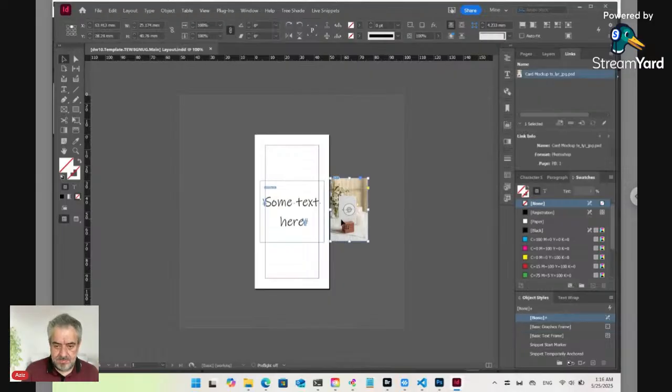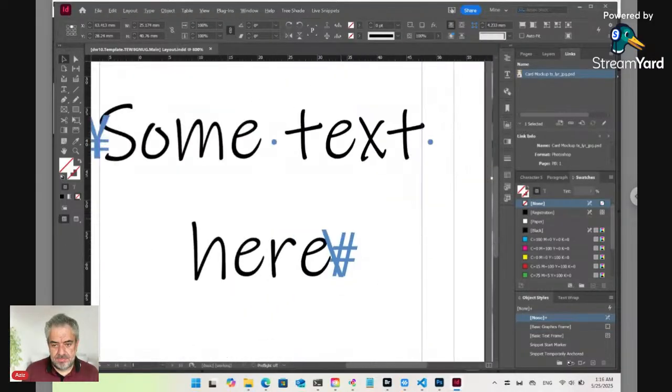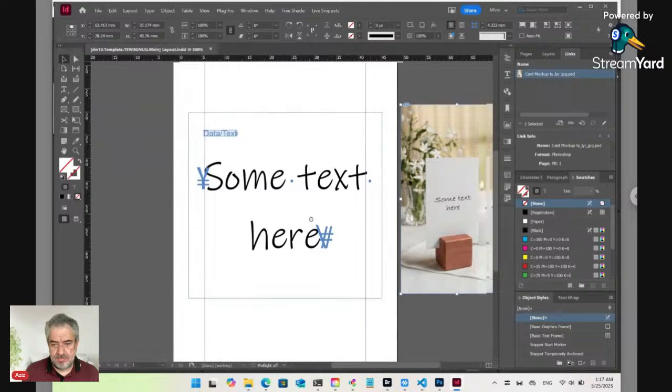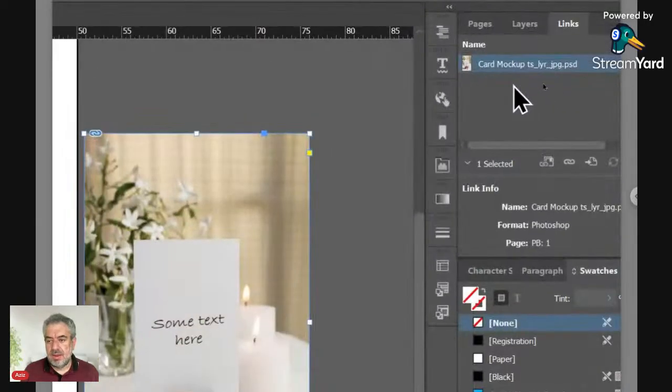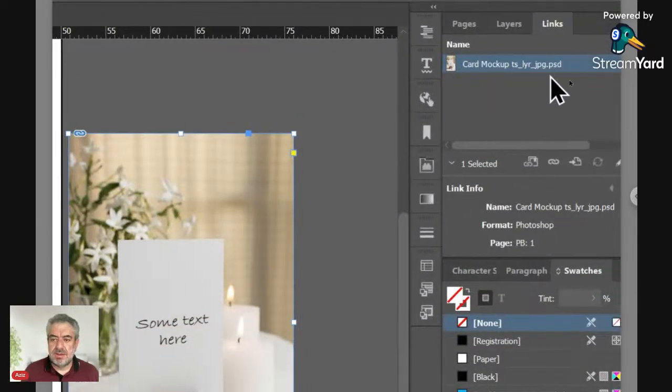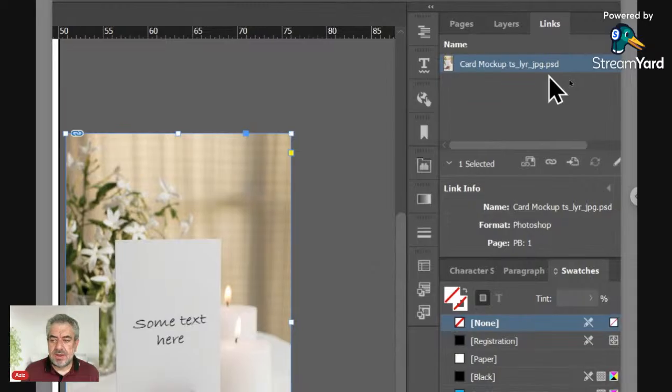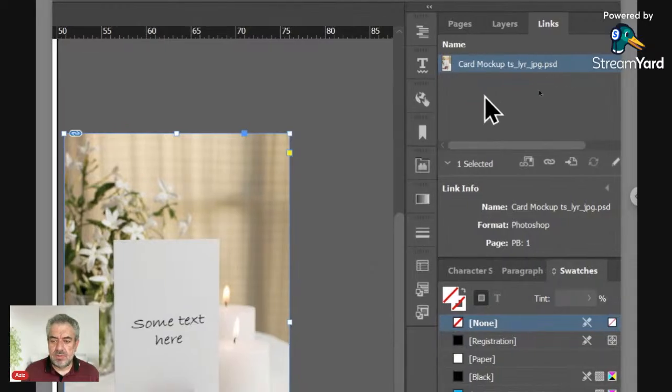Here I have placed this PSD file for the mockup,